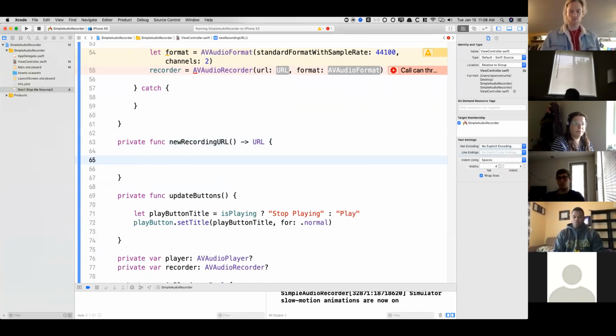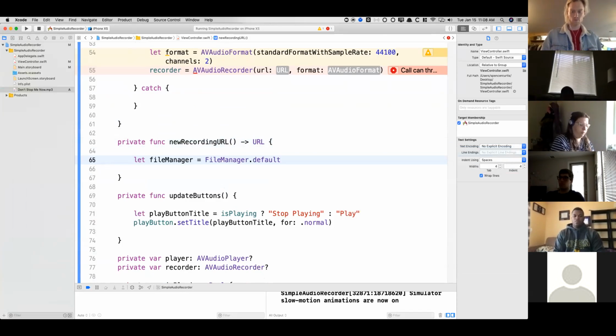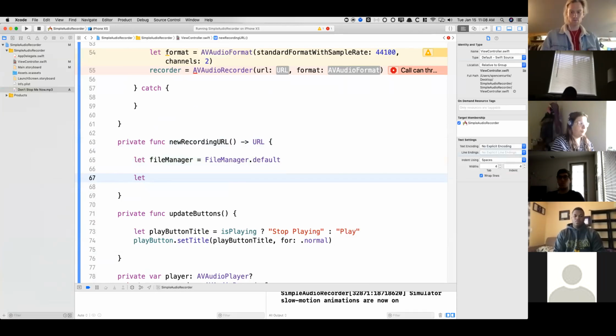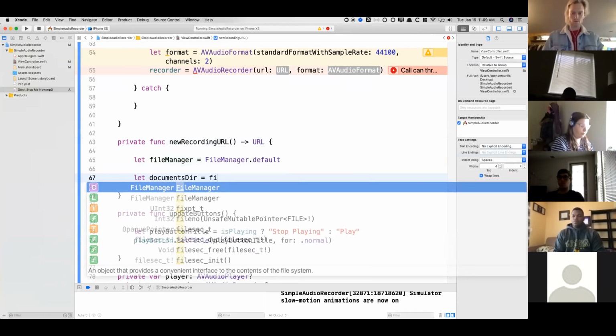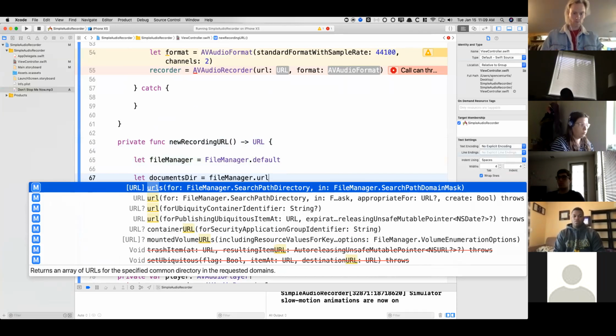So we're going to need to access File Manager. So I'm just going to call this fileManager equals FileManager.default. And then we can say let documentsDirectory equal our fileManager.url. And then we're going to use this,